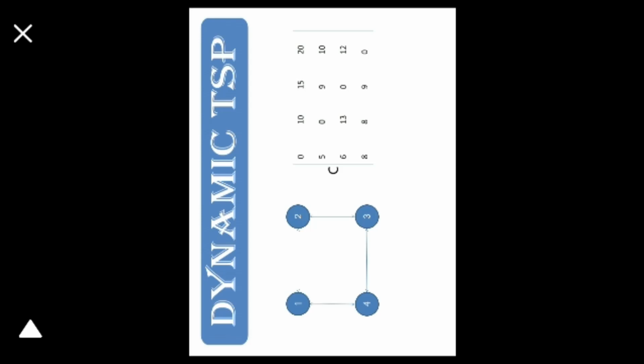Now assume that the traveling salesperson starts with city 1. Then we need to decide whether he has to visit city 2 first, or city 3 or city 4. Based on the minimum distance, he will select one city. Again from city 2 to another, or from city 3 to another. So let's see how to solve this problem using dynamic programming. Let's continue with the function g of source city to remaining cities.